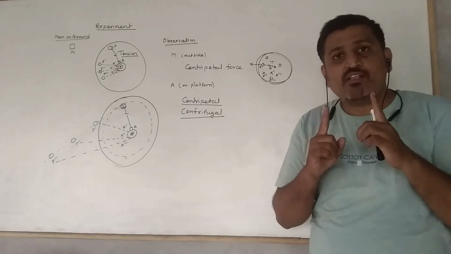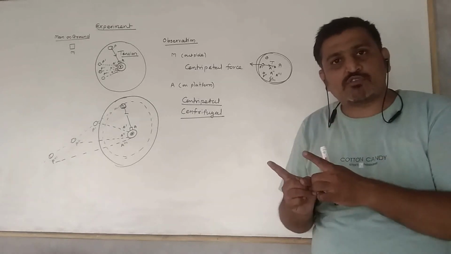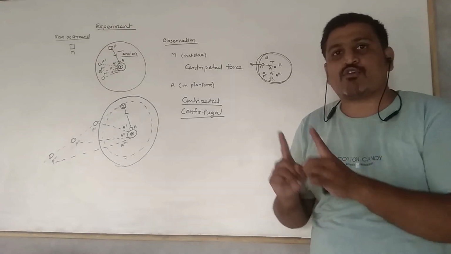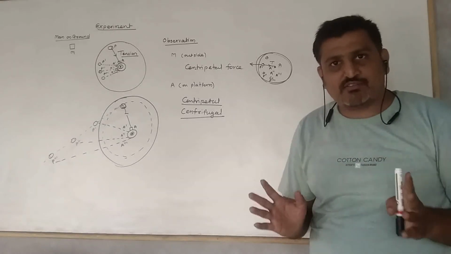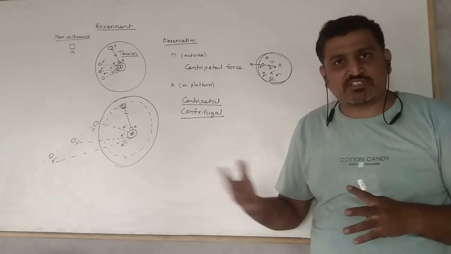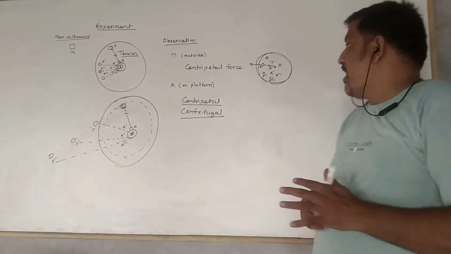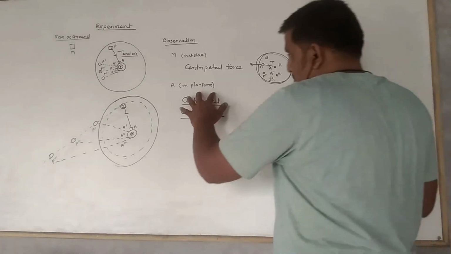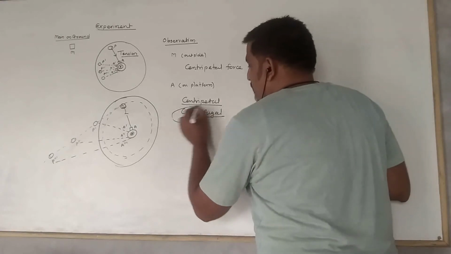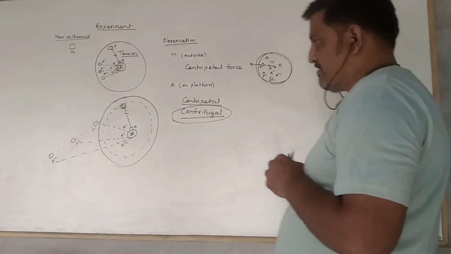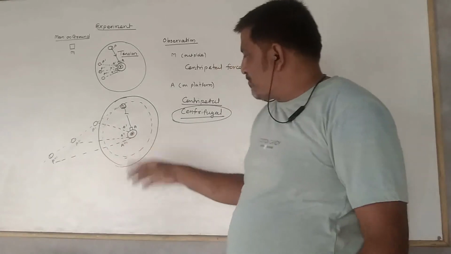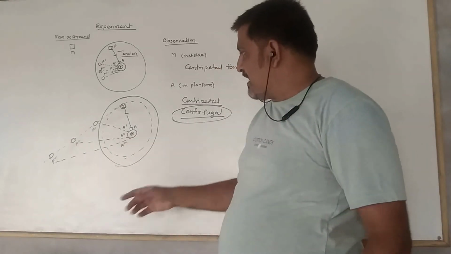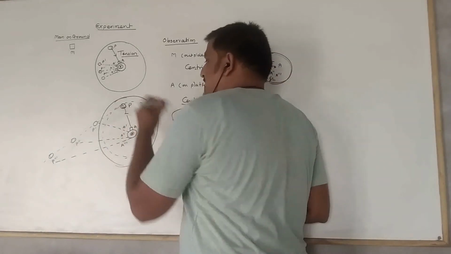Actually, the centripetal force and the centrifugal force, both the forces do not act on the same body, right? That I also explained previously, right? So how did this person assume this centrifugal force? Let's start the discussion. Now we know that the position of the person is at A. At that time, the position of the ball is at P.